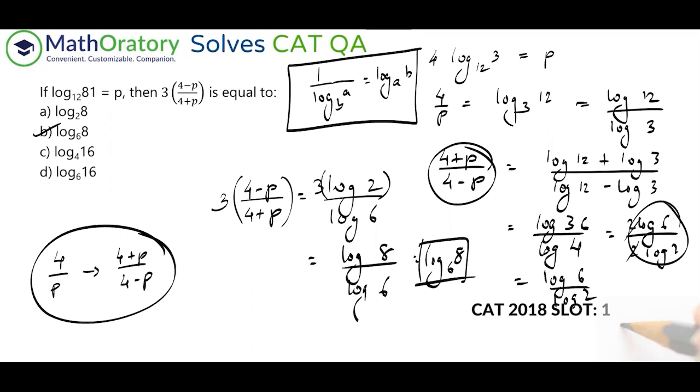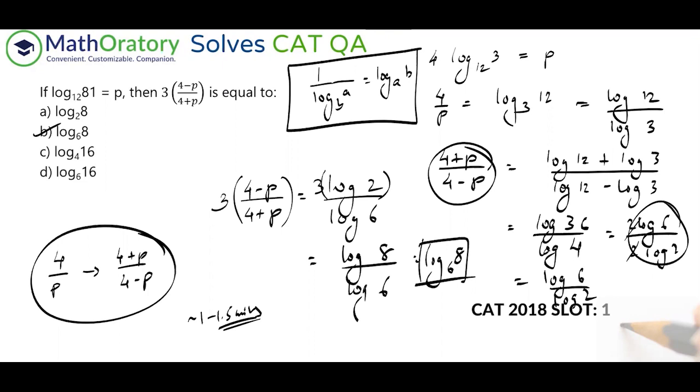The better you are aware with properties, you can do a little bit of short way to solve this. I mean, it won't save too much of time, so it doesn't matter that much from this particular question perspective. It will take you somewhere in the range of 1 to 1.5 minutes to solve this question. So roughly 1.5 minutes, I would say. It might take 2 minutes also.